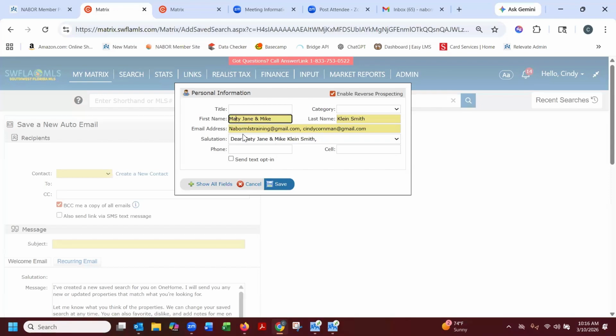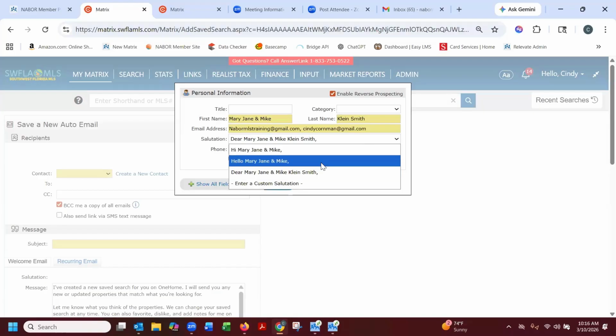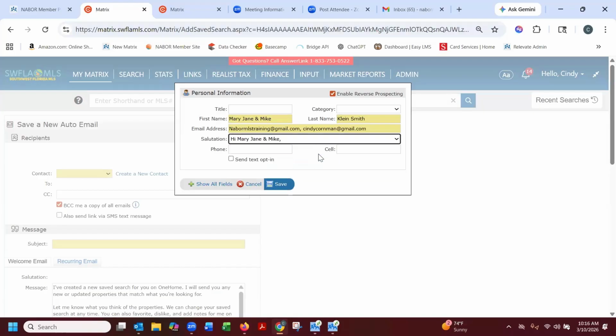Okay, so I have that email set up. I'm going to take out my other account here that it automatically put in on there for me. So I have the first name, the last name, and the email address. Now let's talk about what if it's two clients together, a husband and wife or partners or two people who